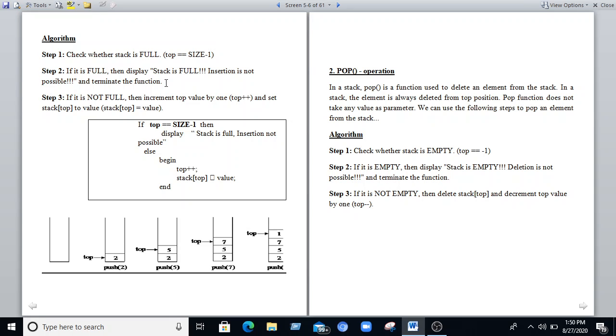Because it is the static representation, if the size of the array is overflowed, then we can't go with the push operation. If it is not full, then increment the top value by 1, top plus plus. Here we are using the post increment operator, and set stack of top to the value. Stack of top is equal to value.